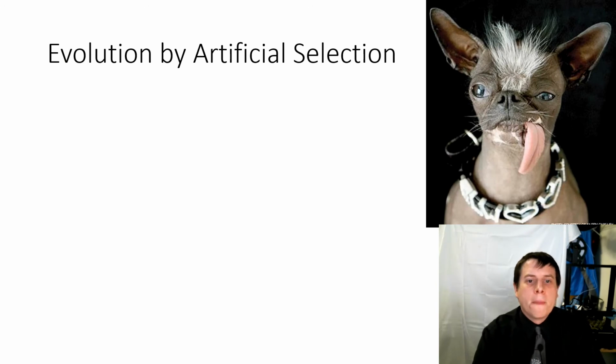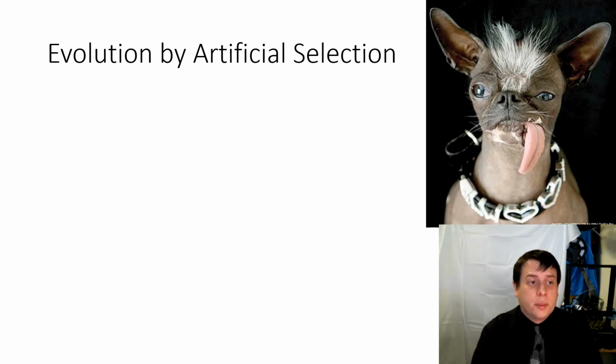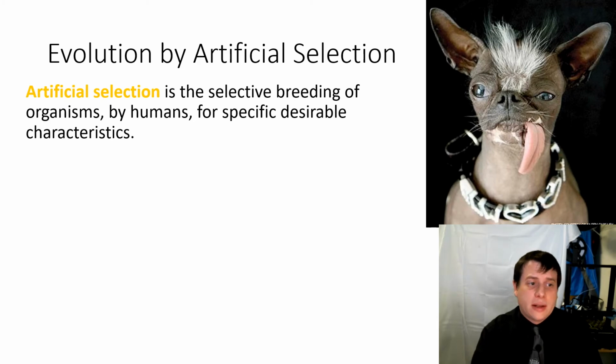All right. Then you've got artificial selection, and man, that is a crazy looking dog up there. That's a Chinese crested. This dog has a number of interesting characteristics, and we're going to talk about that. So artificial selection is the selective breeding of organisms by humans for specific desirable characteristics. The Chinese crested dog is nearly hairless except for some hair on top of its head and around its little paws. The reason why it is nearly hairless is because this is a dog that was kept on ships where